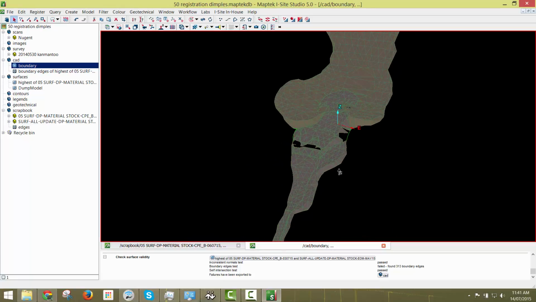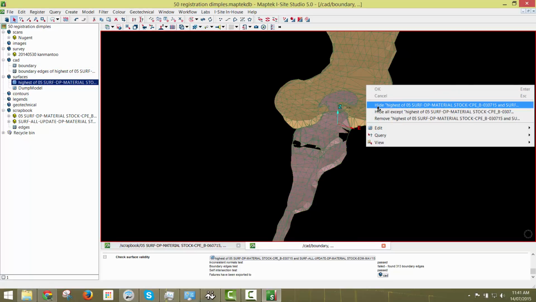Sometimes when you import a DXF file from a different software package, like your mine planning package or Mindscape or Minex or whatever other software you're using, it might not necessarily work very well. So there might be problems. So we need to fix them in Eyeshot, and the best way is to create the boundary and the edges. So to do that again,